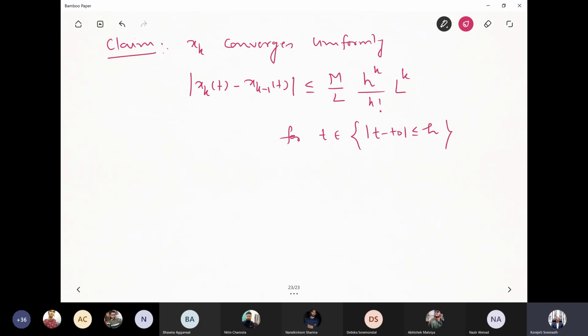So once this is true, we will show this. We have not yet proved this. Once this is true, then this actually implies that xk is a Cauchy sequence. Why is that? We'll prove this later. Once this is proved,